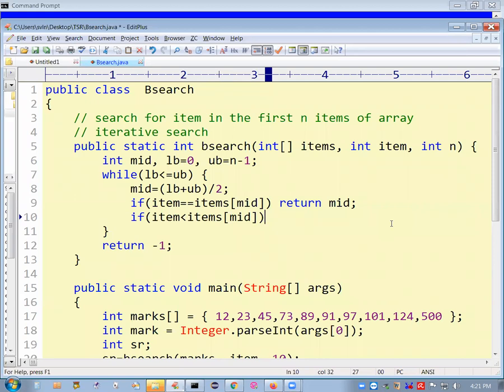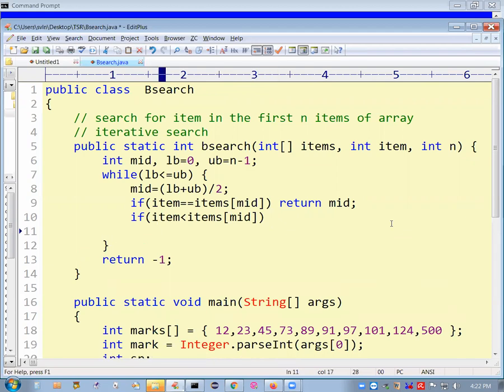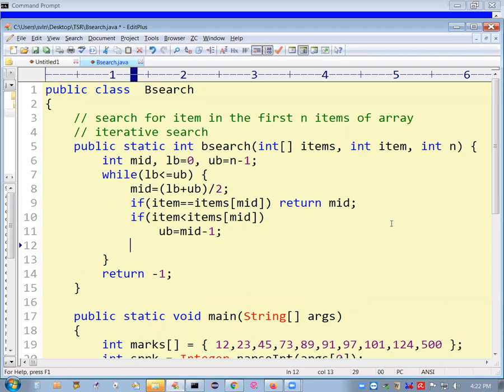If items of mid is bigger, whereas the item you are looking for is smaller, smaller elements are always there on the left-hand side. Left-hand side means your upper bound must be changed. So upper bound equal to mid minus 1. Your upper bound is 1 less than the mid.